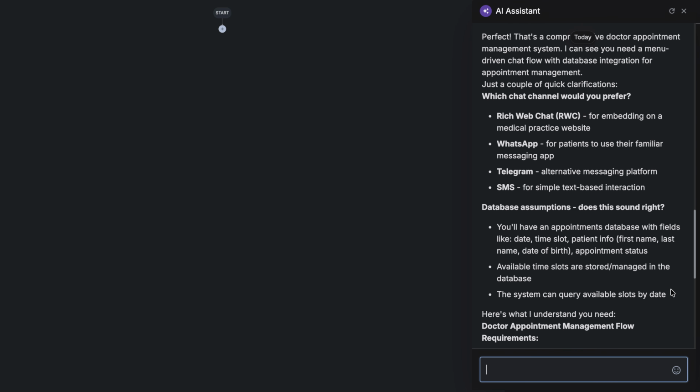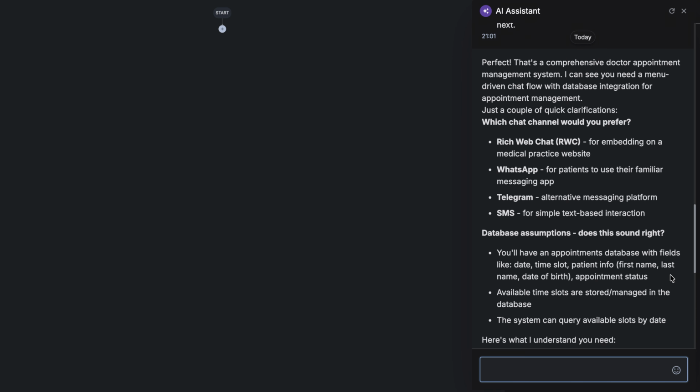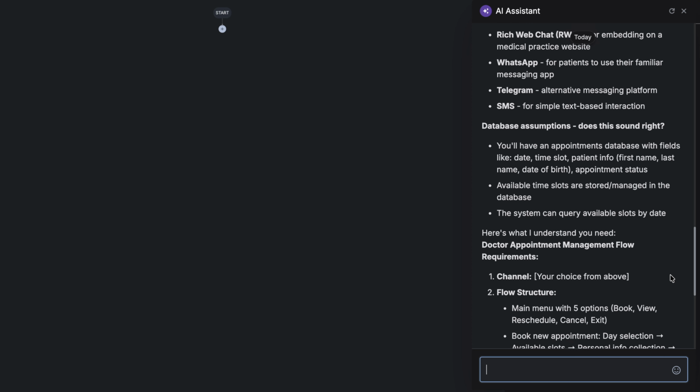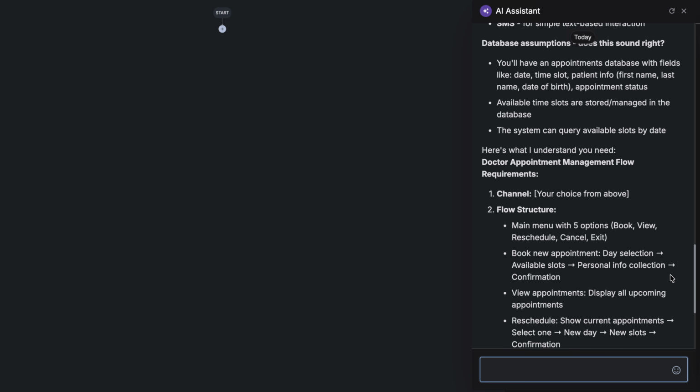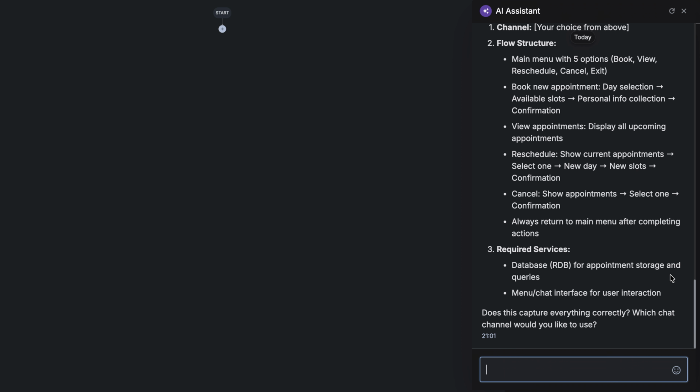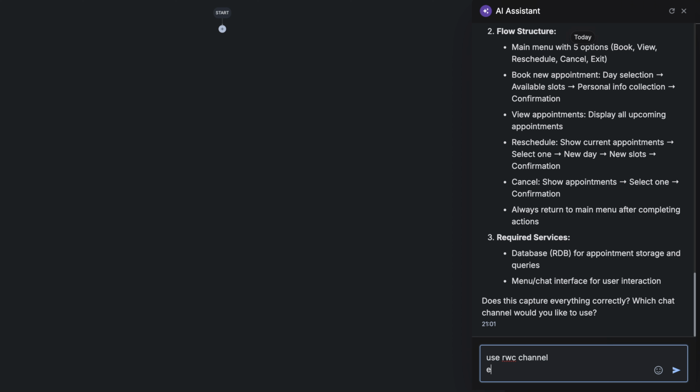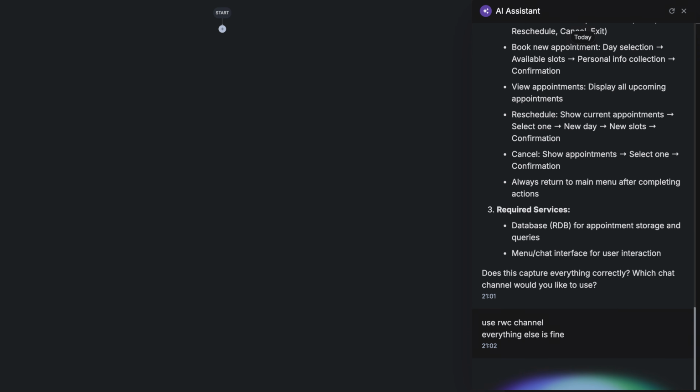After processing our flow requirements, the AI assistant provided a list of communication channels where the message exchange can be implemented. It also suggests what kind of data should be stored in the database and gave a short overview of how it envisions the entire flow. For this demo, I'll specify that I want to use rich web chat, and I'm fine with all the other defaults. Once we confirm that the proposed structure looks correct, the assistant moves on to the most important part, building